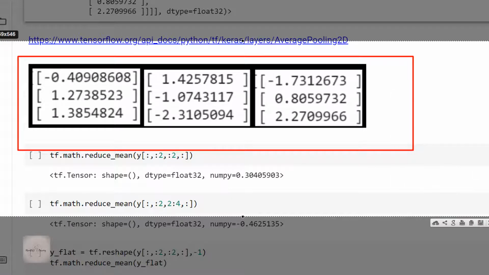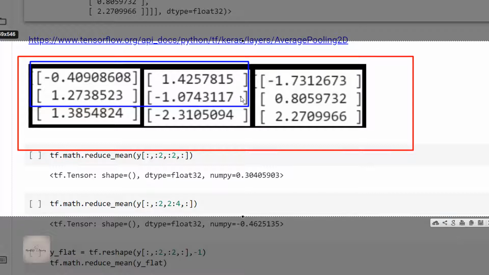So if I consider my kernel size as 2, 2, the way this average pooling would work is I'm going to place my kernel on top of this output layer. In my case, since the kernel size is 2 cross 2, I'll place my 2 cross 2 kernel on top of my output. So this is how my first position of my kernel would be. And then I'll also mention my stride, and based on the size of stride, I'm going to move my kernel on top of this output layer.